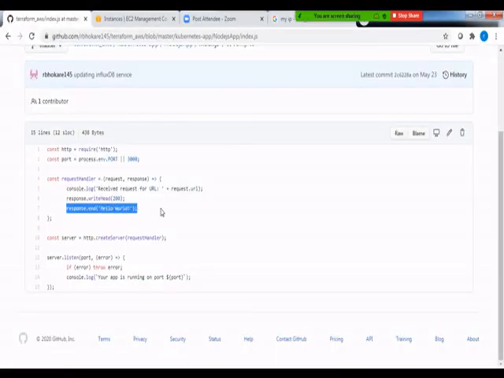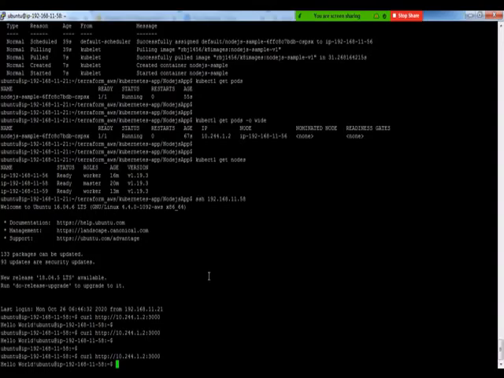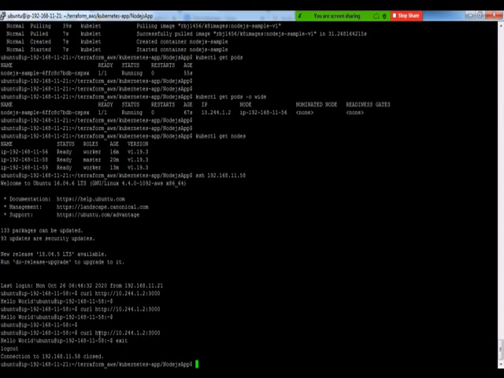So as this is just a sample application, we are getting what is hard coded. But if you want to deploy any sort of web application, which is stateless, you can deploy that on Kubernetes and make your service run the way we want. The last but not the least, this is the cluster IP, which is internal to Kubernetes, and that is the reason I can only access it from the cluster. I cannot access it from my jump box.